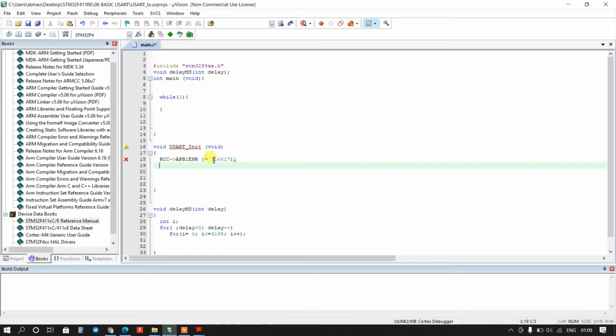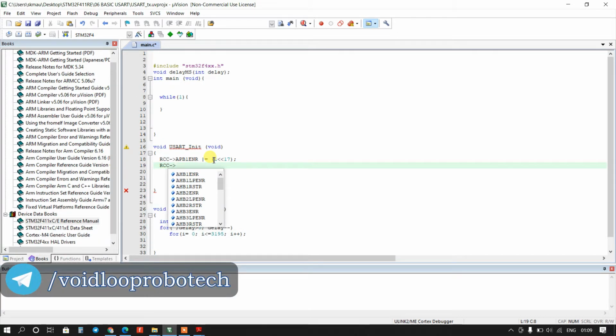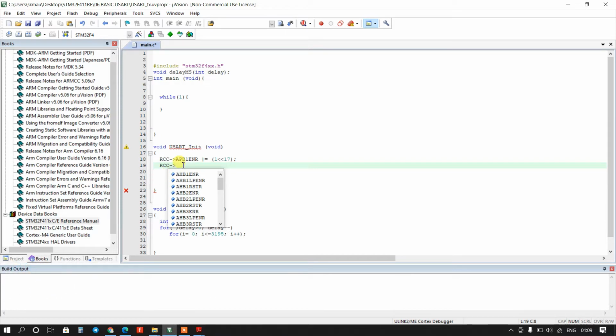Okay, now we have to enable the port A clock, so RCC. Port A is connected to AHB1, so AHB1ENR.